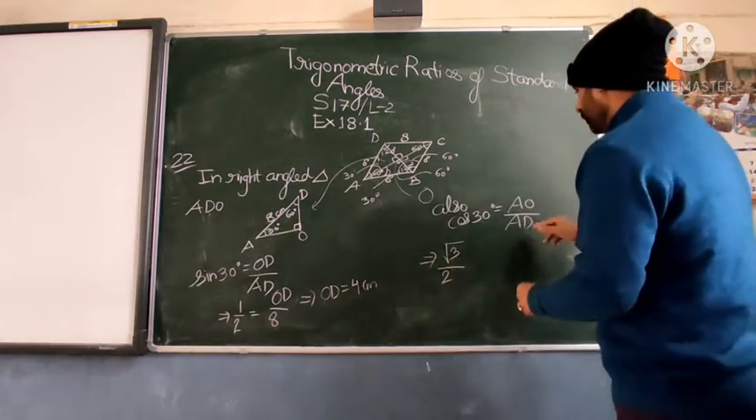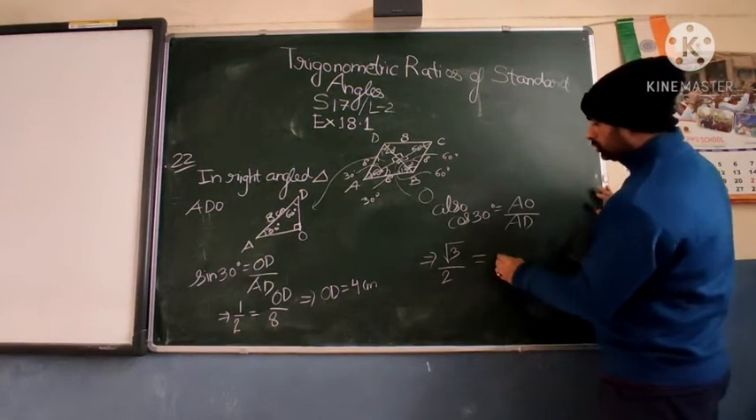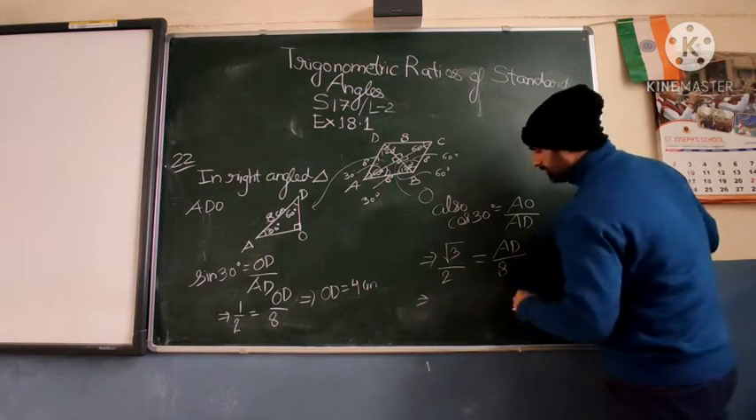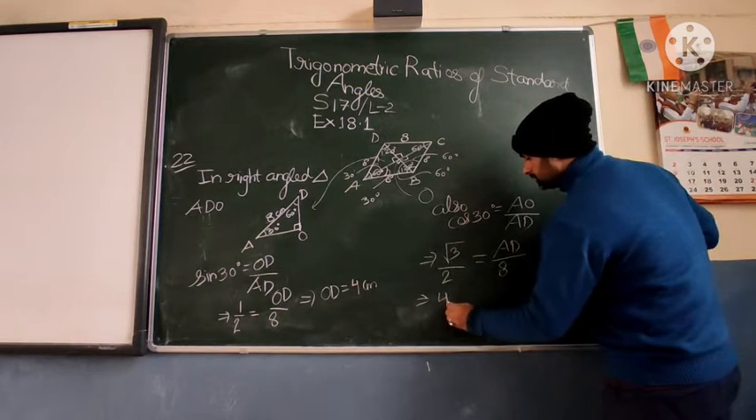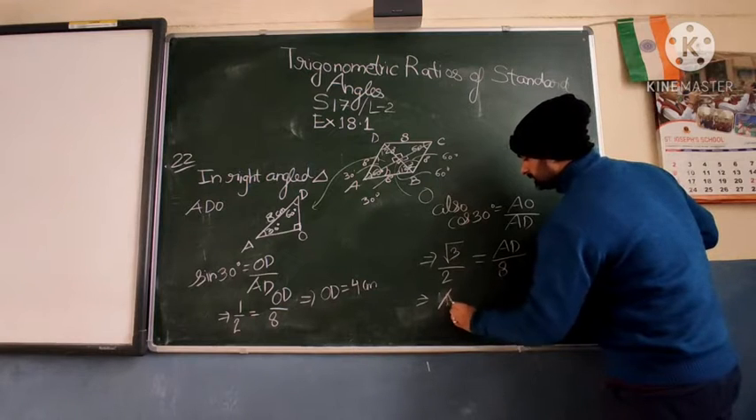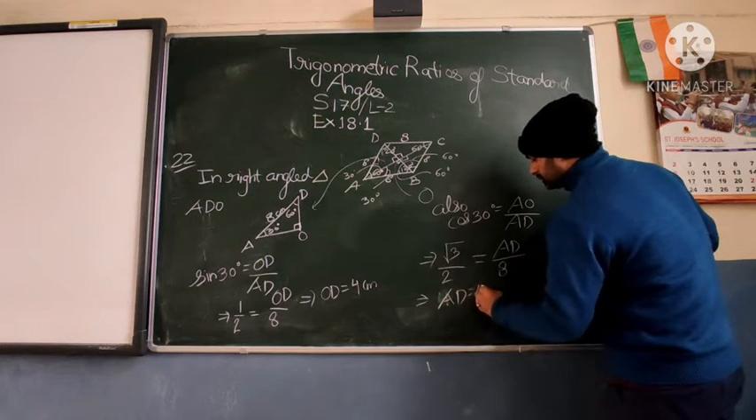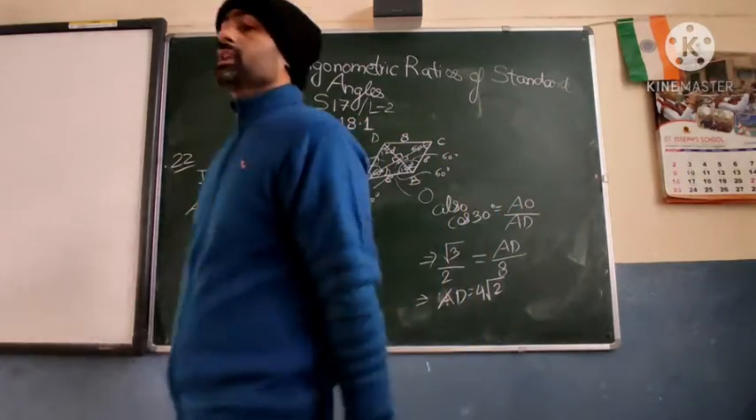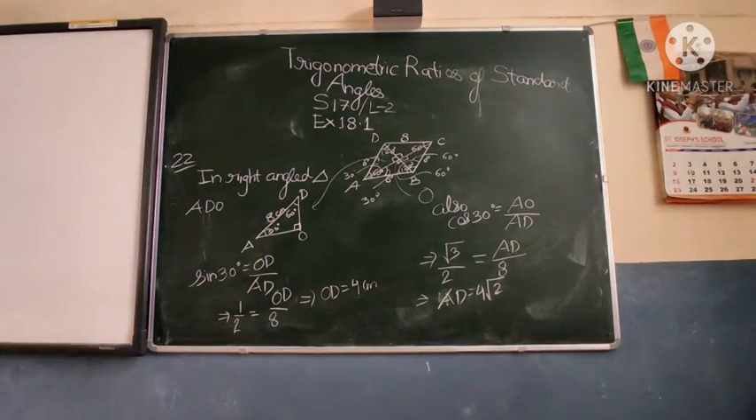Okay. Now what is AO? AO is known to us? No. AD is 8. This implies that it will go that side, so it will be what? This implies that AO is equal to 4 root 3. Clear? Then what? Then